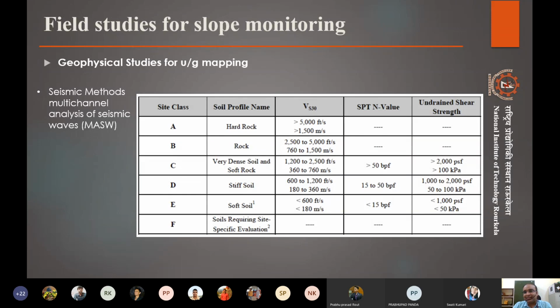Again, these are not lone methods, or the only methods that should be done. You cannot fully rely on just one of these methods. We have to back these methods up with certain other methods like core drilling or diamond drilling, so that we know what it actually is and then correlate it with what we found here.